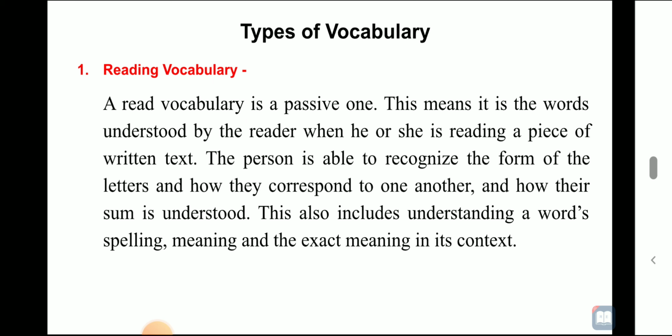When you are reading any specific passage, any newspaper, any novel, if you understand the meaning, it means you recognize the words, you know the meaning of that word, and it is called the strength of your reading vocabulary, isn't it? If you don't remember the meaning of a specific word in a novel, then your reading vocabulary is poor. Very simple.